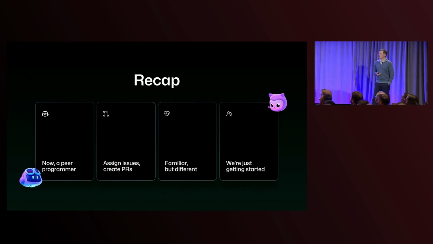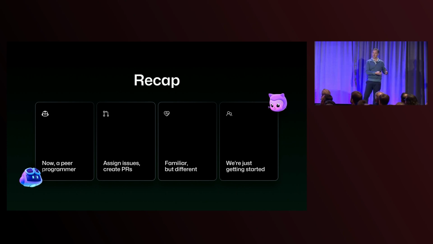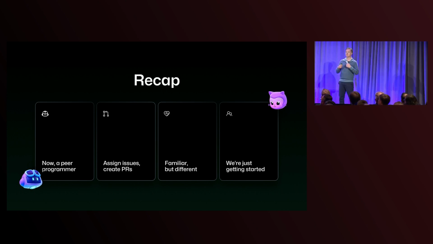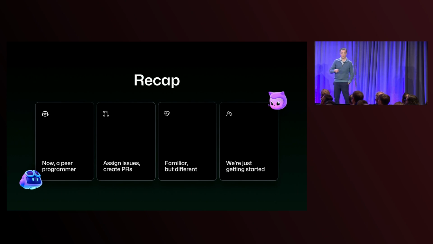All right. So I'll just recap a few of the core things we saw here. The first thing is we're taking agentic coding from being a pair programmer sitting beside you on your developer machine, helping you to be productive as an individual, to making this really a peer programmer, a member of your team, someone you can assign work to and collaborate with as part of the work that you do. We're bringing the metaphor of assigning issues and giving it a first-class meaning within the platform, letting Copilot become that member of your team that collaborates on your terms inside issues, inside pull requests. You can iterate with it, give comments, a very natural interaction model.